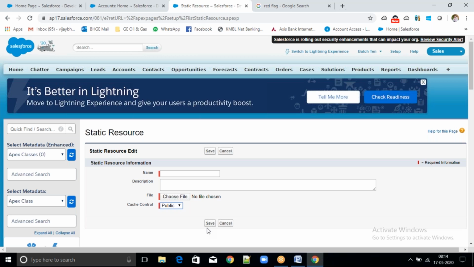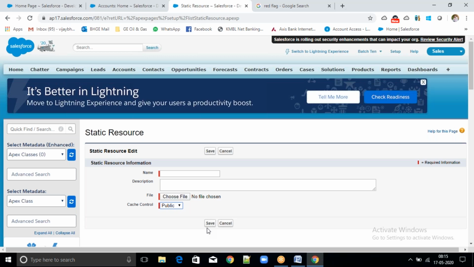Okay. Now, after uploading, again create one formula field. The return type should be text. If that percentage is 100, then I want to display the flag as green color. If the percentage is 50, I want to display that as orange color. If the percentage is 0, then I want to display that as red.